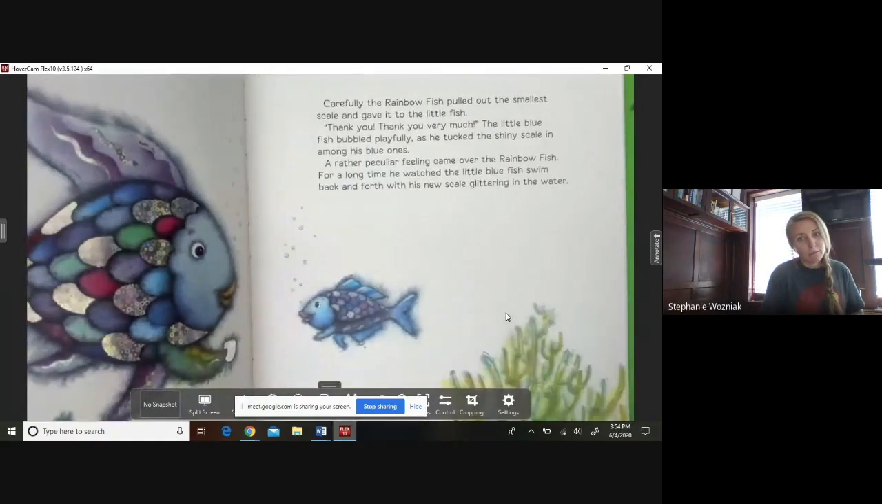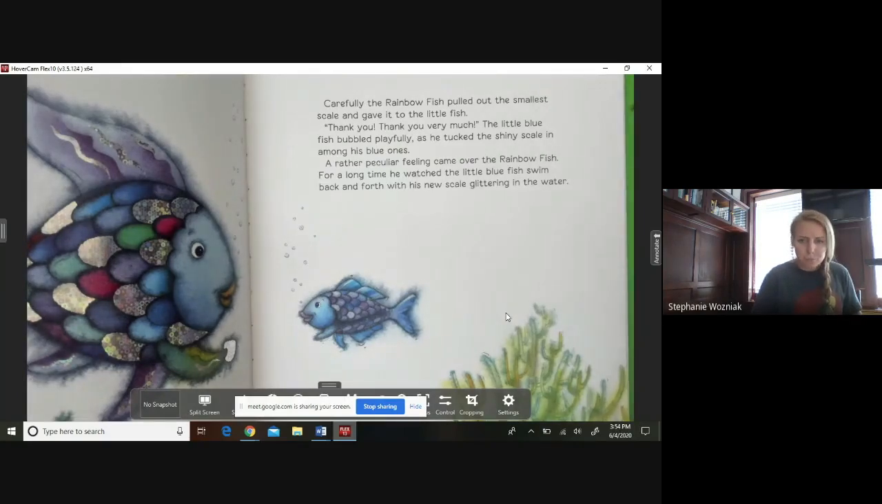Carefully, the rainbow fish pulled out the smallest scale and gave it to the littlest fish. Thank you. Thank you very much. The little blue fish bubbled playfully as he tucked the shiny scale in among his blue ones. A rather peculiar feeling came over the rainbow fish. For a long time, he watched the little blue fish swim back and forth with his new scale glittering in